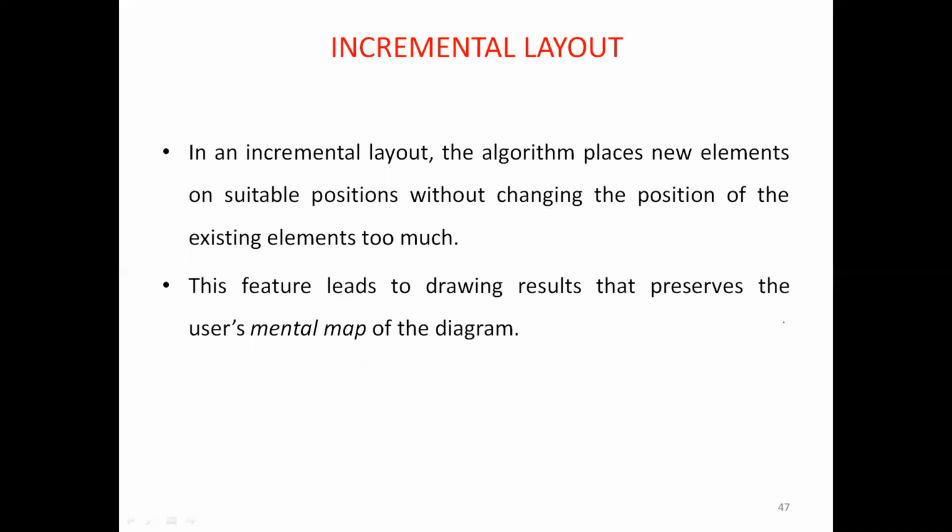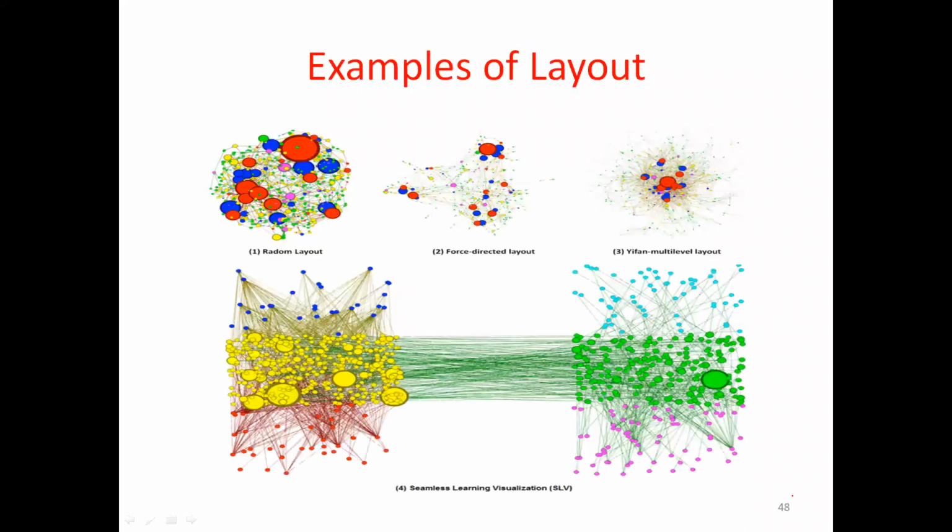One second. Okay. Some of the examples of layouts we'll see, like random layout. This is random layout, and force-directed layout. I hope this is visible for you. I think it is clear. I made it as a big diagram. This is a force-directed layout or spring layout. It makes a repulsive force between the two nodes. And then there is the multi-layer layout. This is a different case.